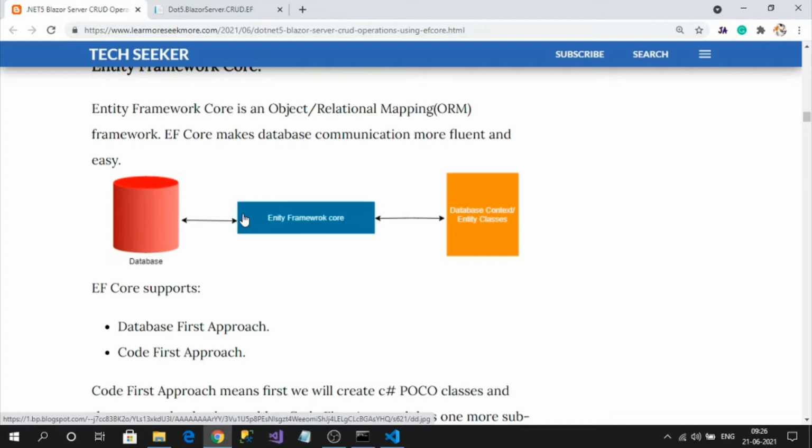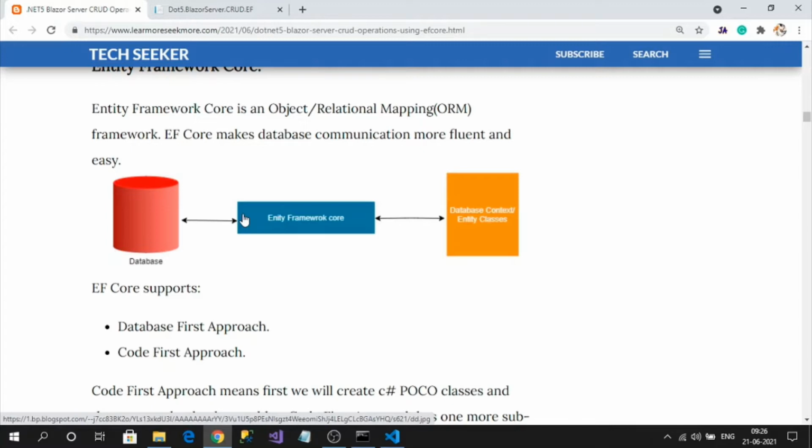So Entity Framework can map those .NET C# classes to SQL queries, because with the help of LINQ it will generate C# LINQ expressions, convert them into raw SQL queries, and execute them over the database.